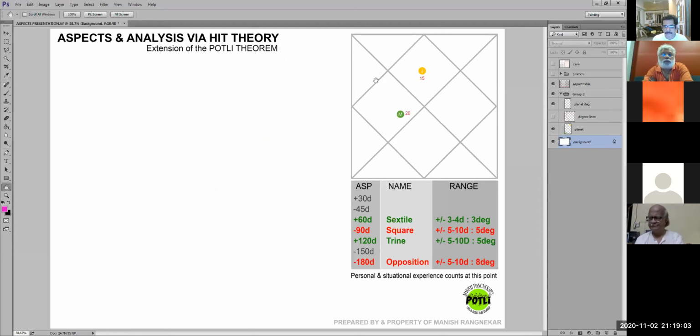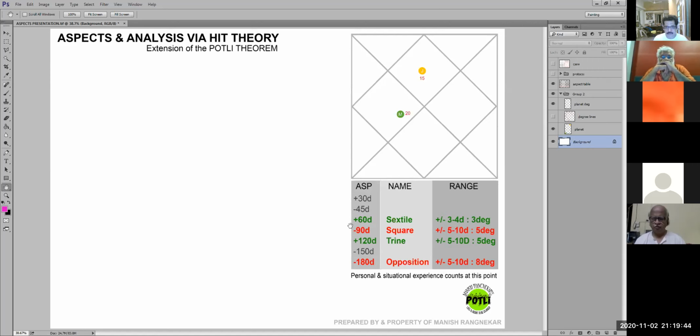Okay. So if you have understood this, let us look at this chart below now. If you remember what I told you, there are different aspects or degree hits in Western astrology. Some of them we consider, some of them we don't. So if you enlist all of them, you have a 30-degree hit, which is a positive hit, a 45-degree hit, which is considered negative, a 60-degree hit, which we consider positive, a 90-degree hit, which we consider negative, a 120-degree hit, which is very positive and which we use as a remedy, a 150-degree hit, which we consider a mild hit, and a 180-degree hit, which we consider the worst hit.